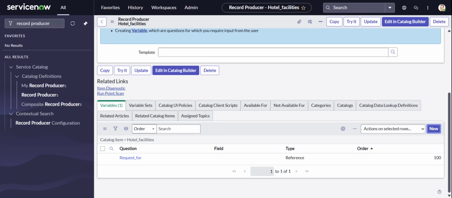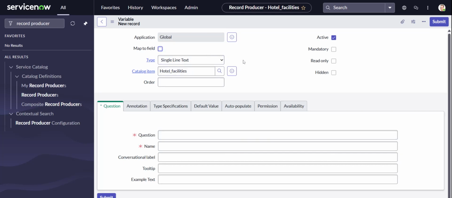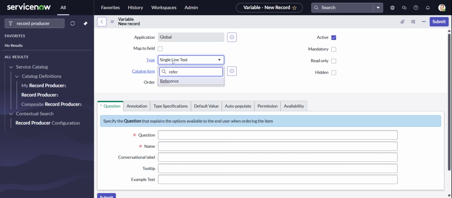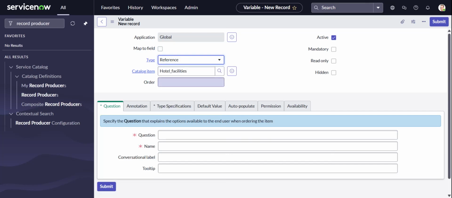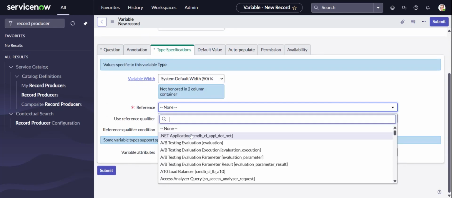When I try for the next variable to configure it new, I want to show the department, I want to show the email, I want to show the manager, and also I want to show that this user is VIP or not. So all this we have to configure. Reference will take of the sys_user, order will be 200, and to the type specification we'll choose sys_user,